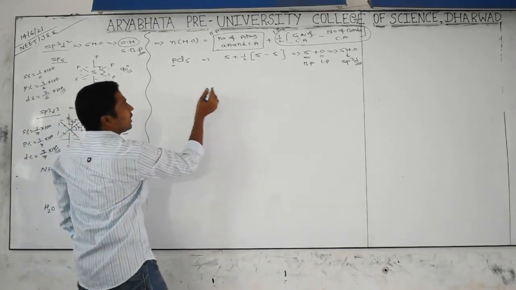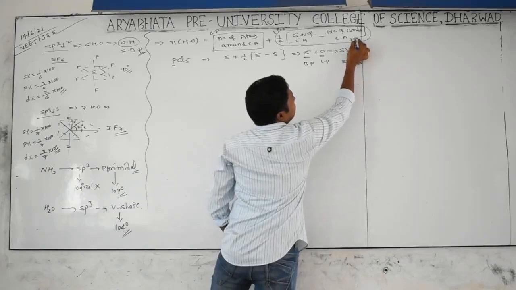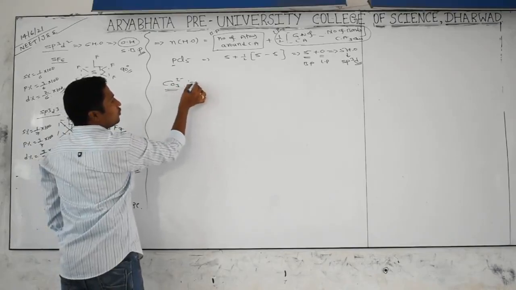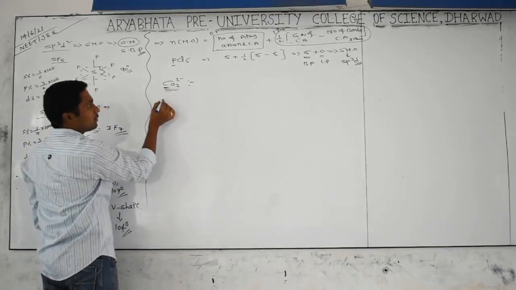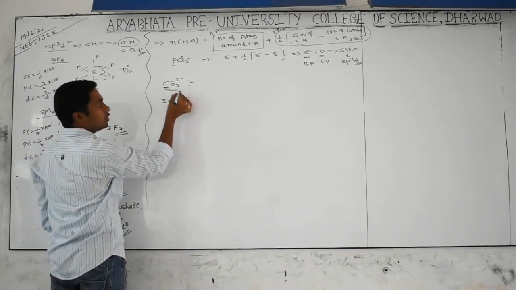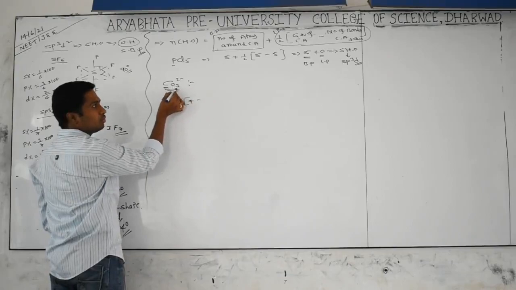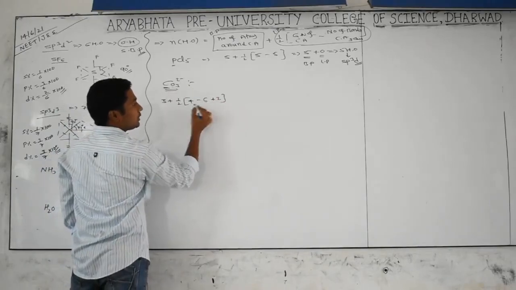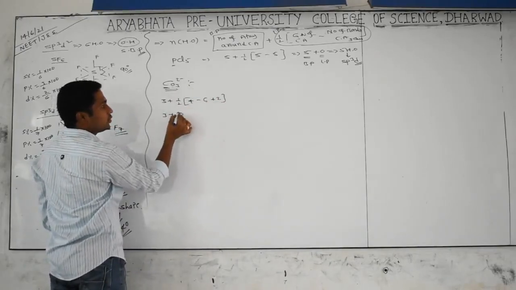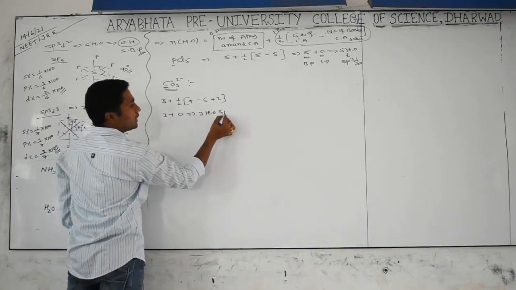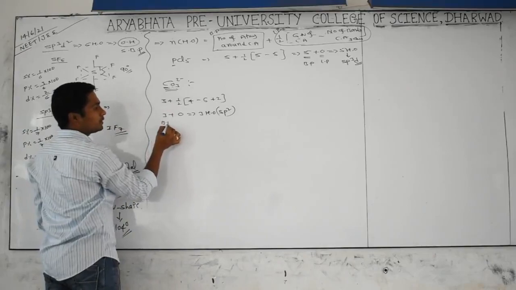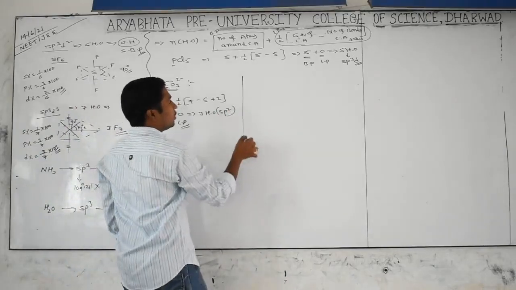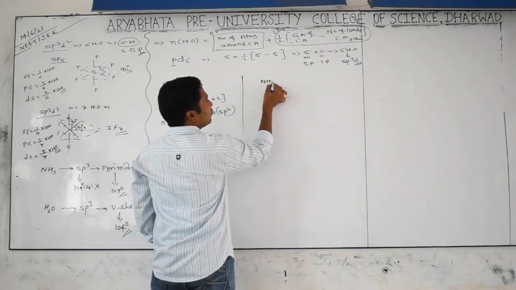We have to write one more thing here: plus or minus charge. For example, CO3 2 minus. How do you find the carbon hybridization? Around the carbon we have 3 atoms plus half into group number of carbon, 4, minus the bonds. Each oxygen forms 2 bonds, 3 twos are 6. While writing in the formula, the opposite sign: minus 2 is there, so plus 2 has to be written. Then 3 plus 6 minus 6 is 0. We want 3 hybrid orbitals, possible in sp2 hybridization. 3 bond pairs, 0 lone pairs. Then geometry is trigonal planar.